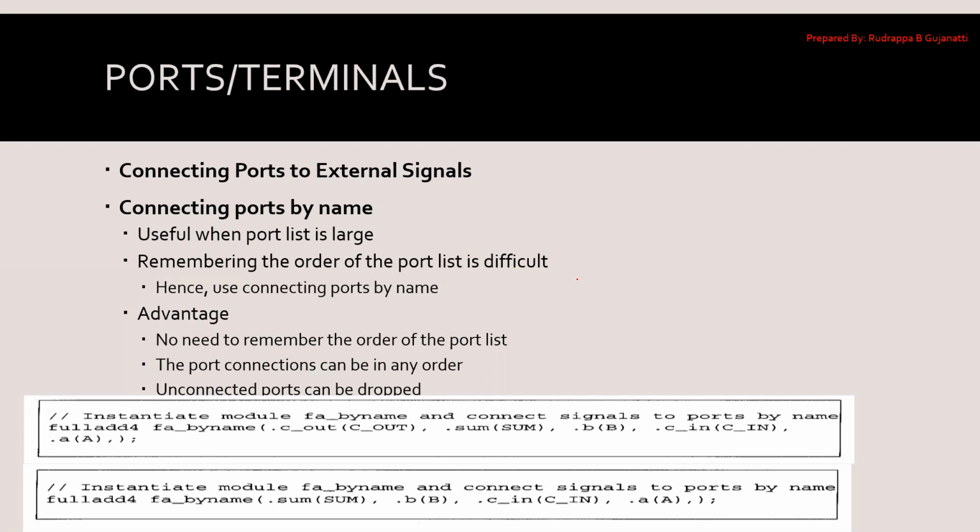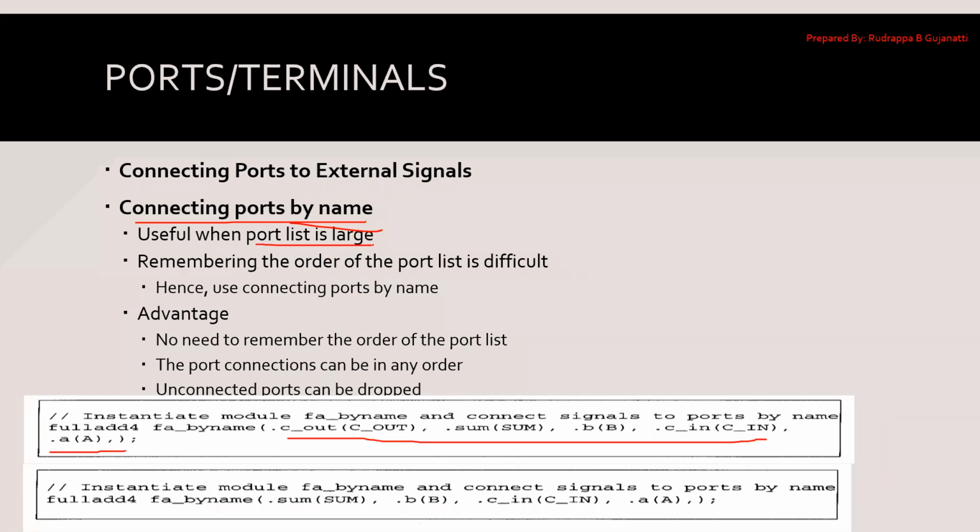Previously, you had to remember the sequence in which the list had been defined. But in this case, by name, there is no need for you to remember the sequence. Imagine there are hundreds of elements in the port list, then it becomes really difficult to give them in the proper sequence. One exchange here and there, and you might not get the expected result. But remembering the names is pretty easy. So if you remember the names, I can utilize this technique, that is, I connect the ports by names.